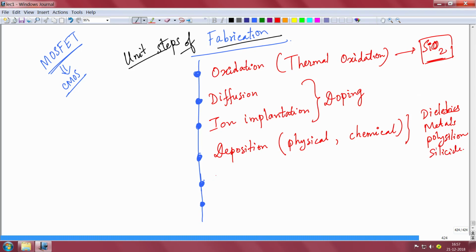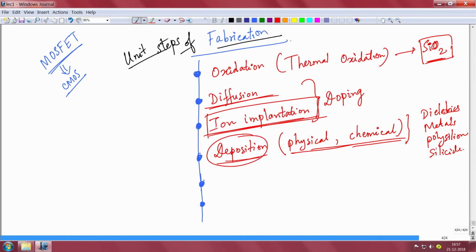Of course, all of these need very intense and very expensive equipment. These are housed in something called a clean room, a very controlled environment with minimal dust particles and so on. Ion implantation, for example, needs an ion implanter, which is very expensive equipment, maybe in the order of 20-30 crores. It needs extensive effort in maintenance, and you also need experts. So these expensive tools are housed inside a clean room to enable device fabrication. Deposition can be of many types, physical or chemical, and all of them need very expensive tools that are only in select areas. For example, this is a clean room.